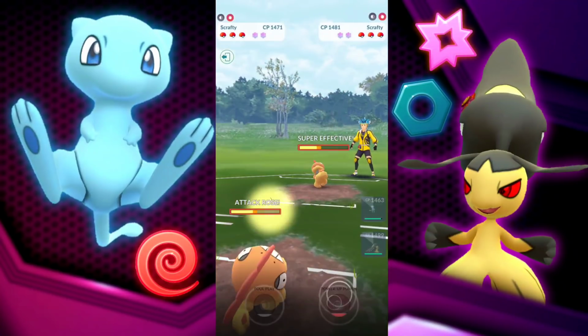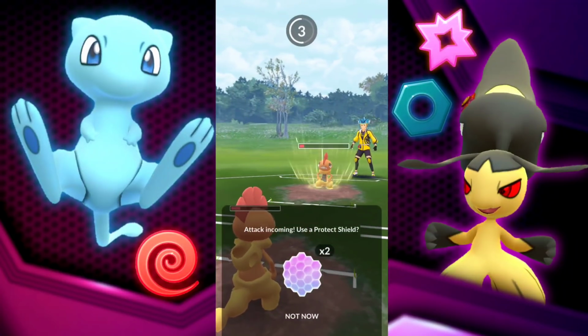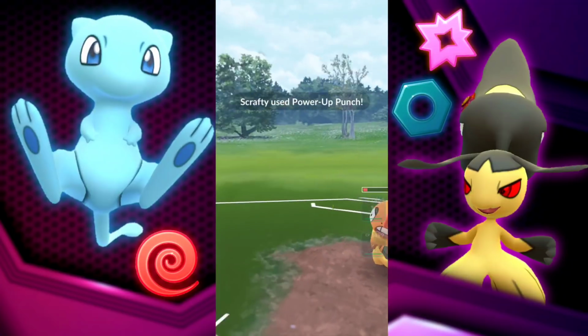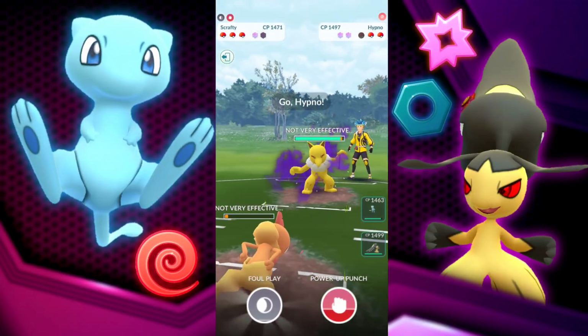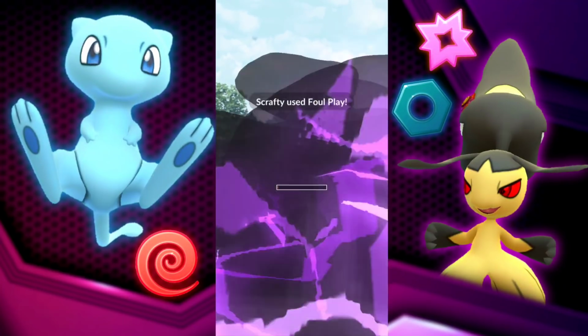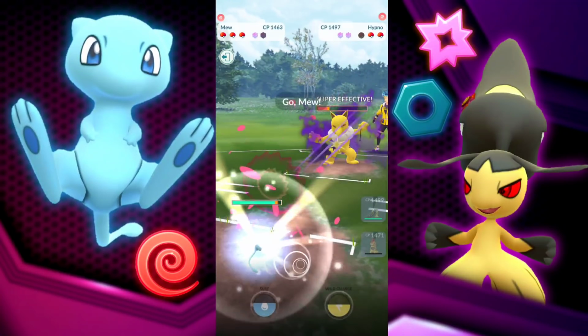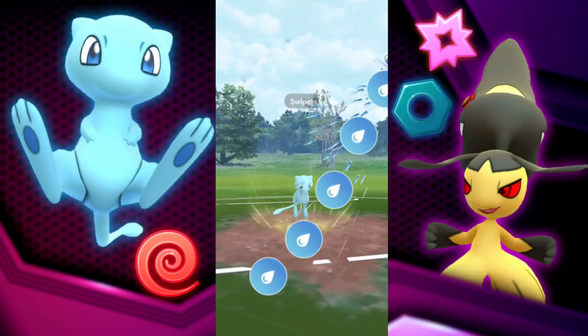And we're going to go for a Power-Up Punch as well. I do believe we shield this up and then farm down. I thought I was going to have to throw the Power-Up Punch, but we're actually able to farm down, which is nice because now we can hit that Foul Play. They're bringing back the Hypno here, and Dark resists Psychic so much that even with that little bit of health, we're able to survive. Swapping into the Mew to start gaining some farm energy from super effective Shadow Claw,